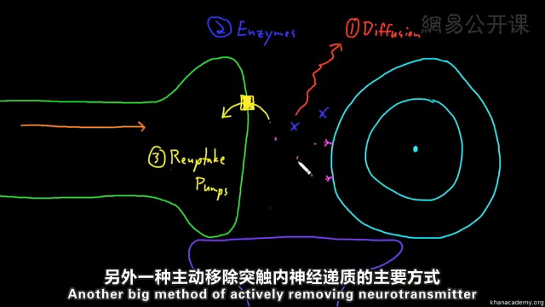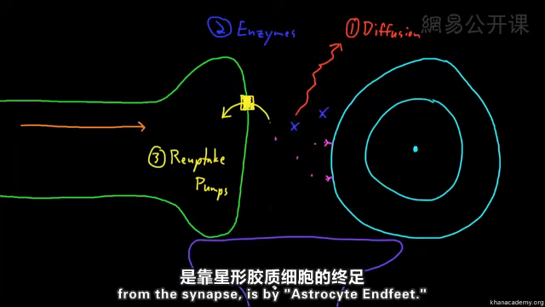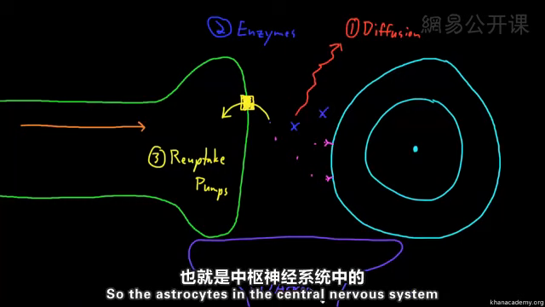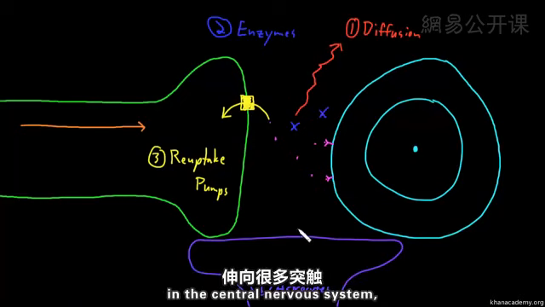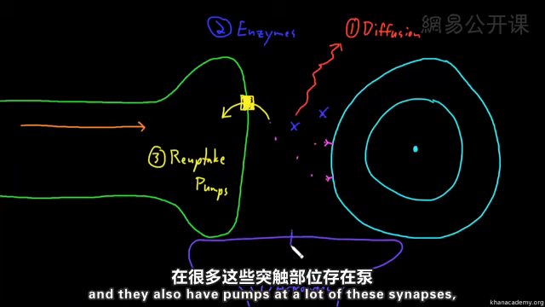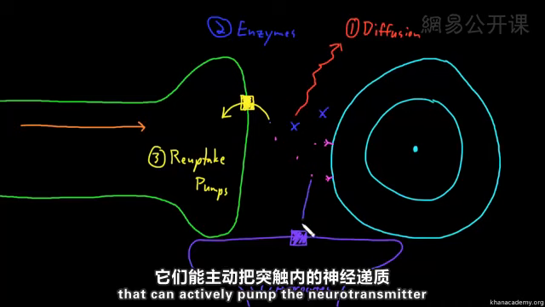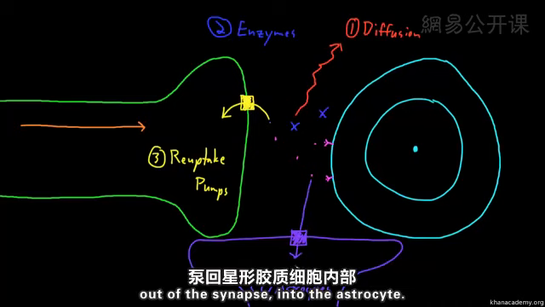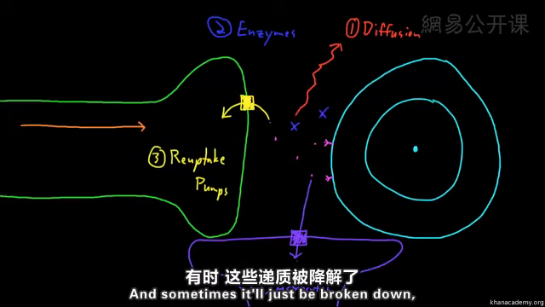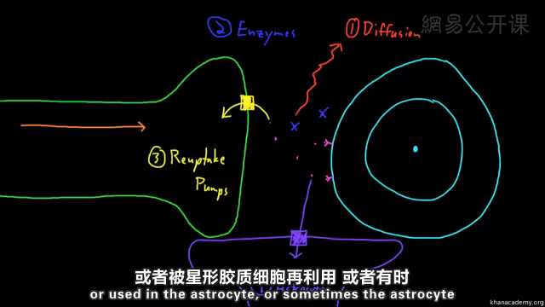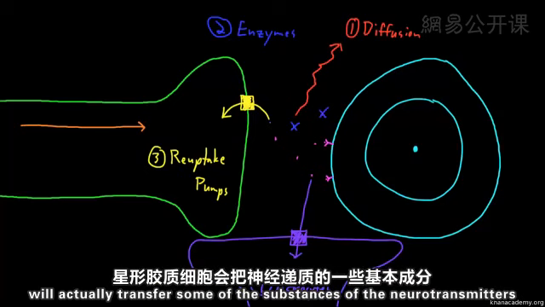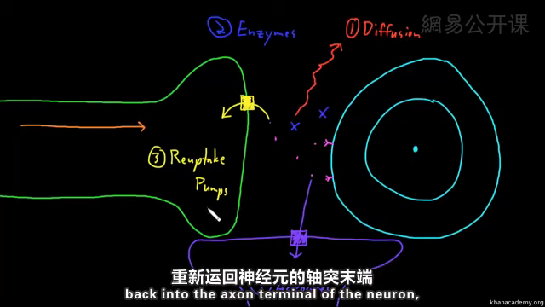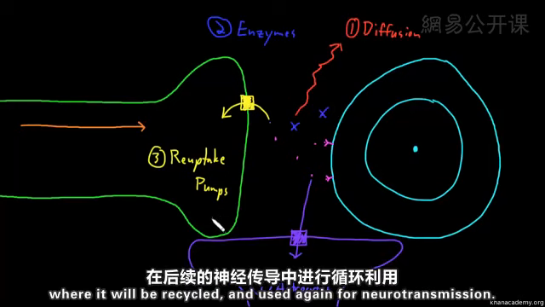Another big method of actively removing neurotransmitter from the synapse is by astrocyte end feet. So the astrocytes in the central nervous system put their end feet on lots of the synapses in the central nervous system, and they also have pumps at a lot of these synapses that can actively pump the neurotransmitter out of the synapse into the astrocyte. And sometimes it'll just be broken down or used in the astrocyte, or sometimes the astrocyte will actually transfer some of the substances of the neurotransmitters back into the axon terminal of the neuron,